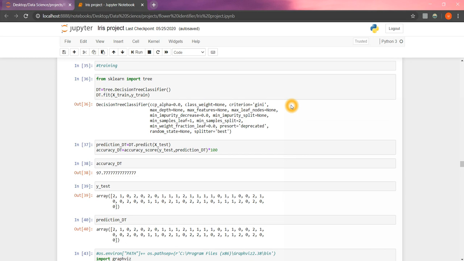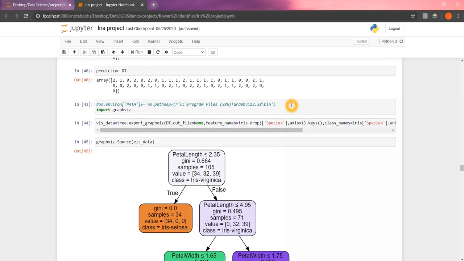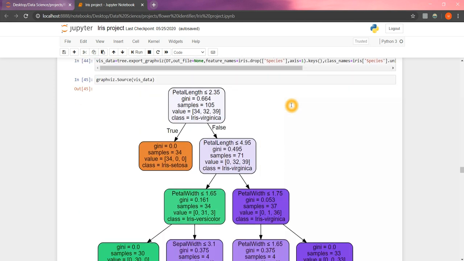Hope you understood this video. In further classes, we will cover which parameter it takes first, the Gini index and other parameters. If I said all of this in a single class, it would be very confusing for you. So let you understand the basic things of the decision tree so that you can do much more in further classes.